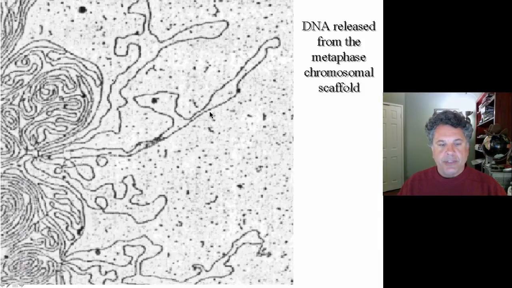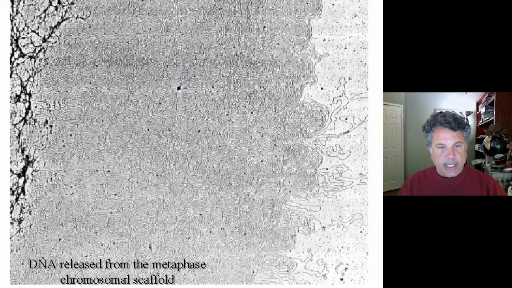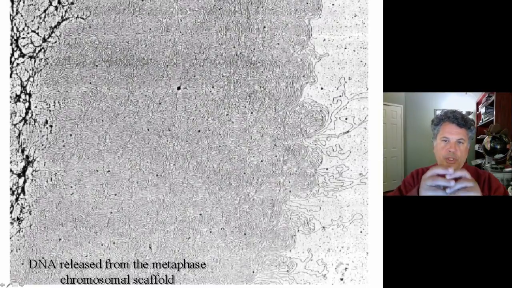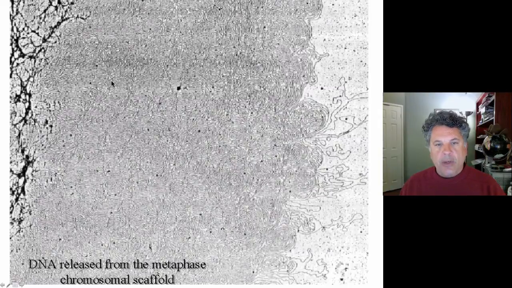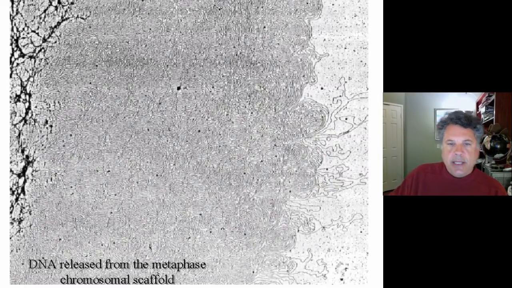And this brings up a huge problem, if you will, in biology: how is it that all this DNA can be packaged into a protein scaffold of a chromosome in order to be able to be pulled apart at the time of the partitioning of genetic material to two daughter cells? How is this packaging problem solved? And so we need to understand that there is a problem with packaging, and then we can talk about how chromatin is packaged, how DNA is packaged and associated with proteins.